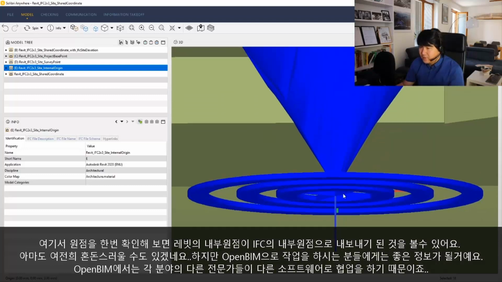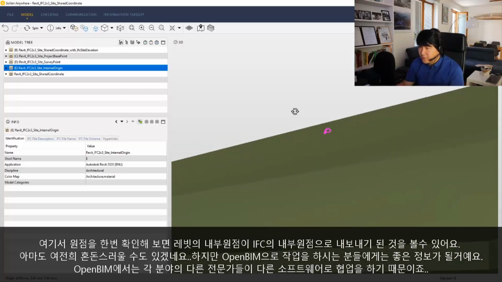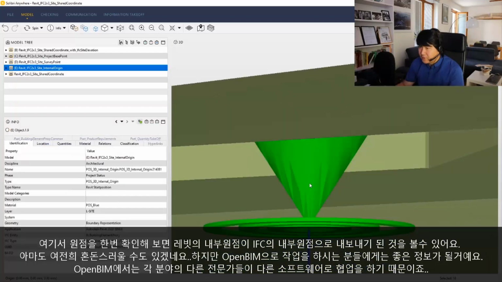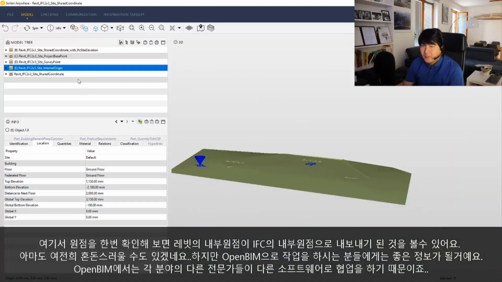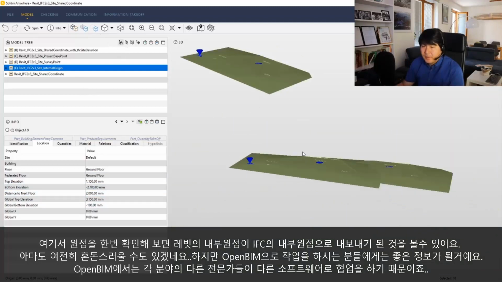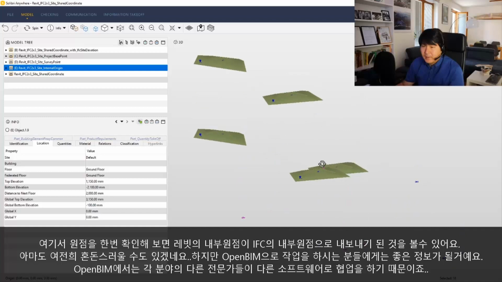And as you can see, it's indicating at Revit's internal origin, which we can find information from here also. The location of the 3D family element. So I guess maybe it's confusing for you, but this is very good information if you're dealing with